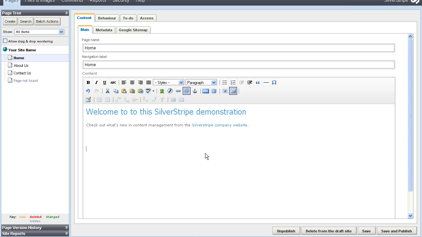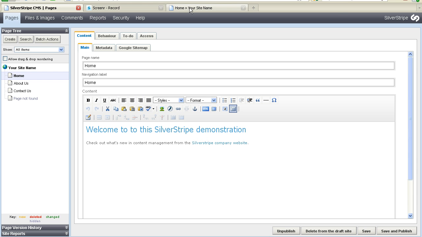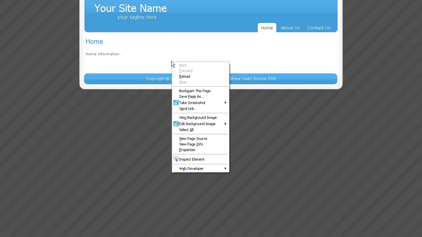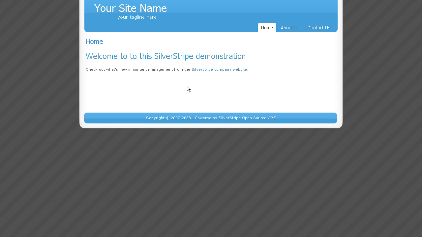close this down, and now we can see that this is behaving like a link. Now if we save and publish, okay, now let's go and take a look at the home site now. Now if we refresh this page, now we can see that the link has been added, and when we hover over it, it shows the information that we've provided, so that when it hovers over it shows also more info about the link. We click on that,